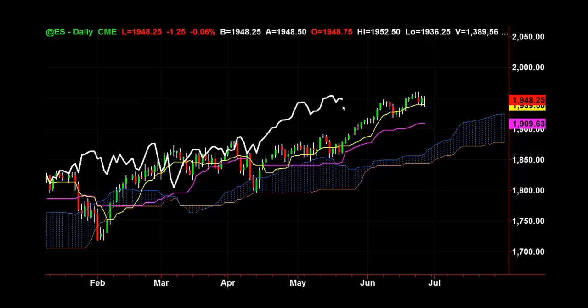All right, those are the 4 main components of Ichimoku. So we have the cloud here. Is the price action above the cloud? Yes, we want to stay long. All right, is the turning line supporting us? Yes, we can do touch and goes. If the turning line gets broken, and it will, all right, then the next place we're probably going to go to will be the standard line at 1909, okay? If 1909 gets broken, then we'll go either to the top of the cloud or the bottom of the cloud.